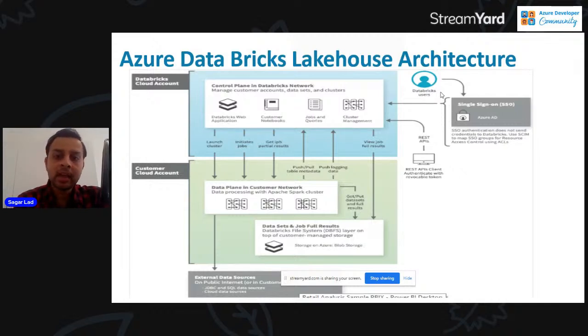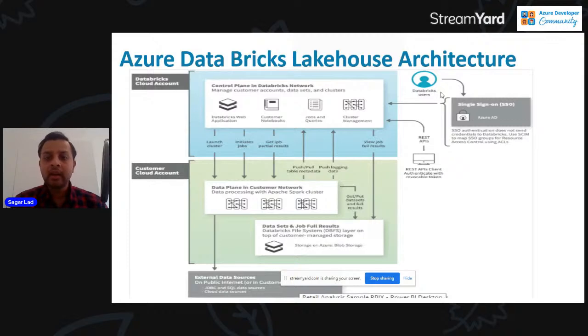So let's say you have a requirement where you only want certain team members from your team to be able to create a Databricks workspace or create a Databricks cluster, then you can put them into a different group. And you can also create an Azure Active Directory group to which you only want to provide users the permission to execute the notebook and read only. So you can move them to a different AD group, and then you can provide relevant permissions and configure it